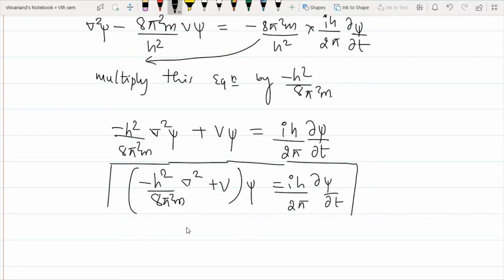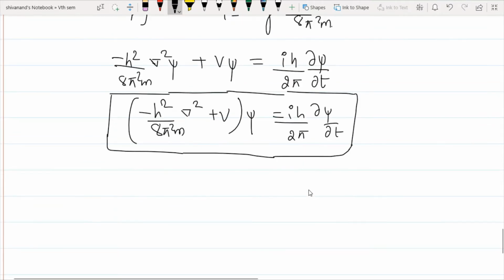This is also an interaction of the wave function with the energy, that is nothing but a potential V. V is the potential energy, how it interacts with the energy, and how it is dependent on psi, and how it is dependent on time also. So it is dependent on time and position. That's why it is called the time dependent Schrodinger wave equation.